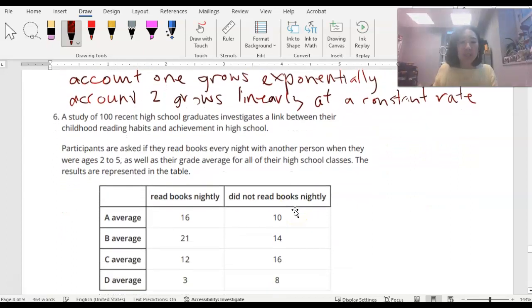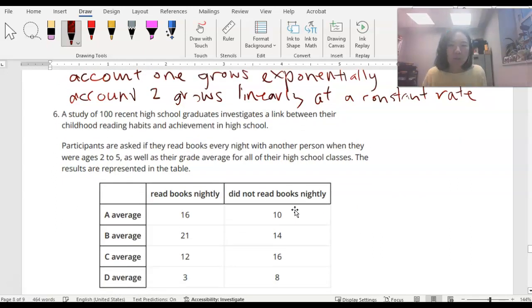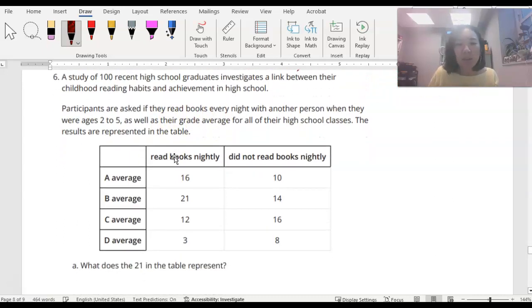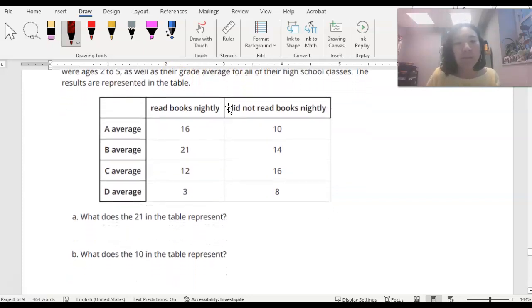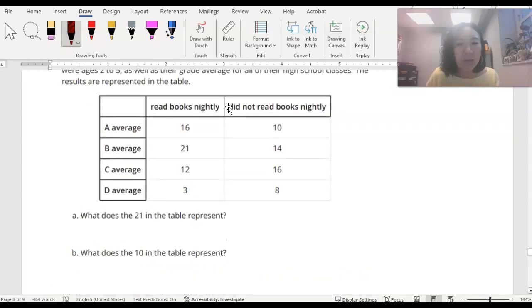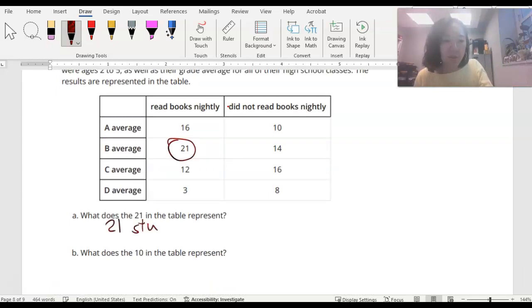All right, number 6 says, a study of 100 recent high school graduates investigates a link between their childhood reading habits and achievement in high school. So participants are asked if they read books every night with another person when they were ages 2 to 5, as well as their grade average for all of their high school classes. The results are represented in the table. All right, so this is to show a correlation between reading and how well they do in school, right? What does the 21 in the table represent? So here, this is 21 students